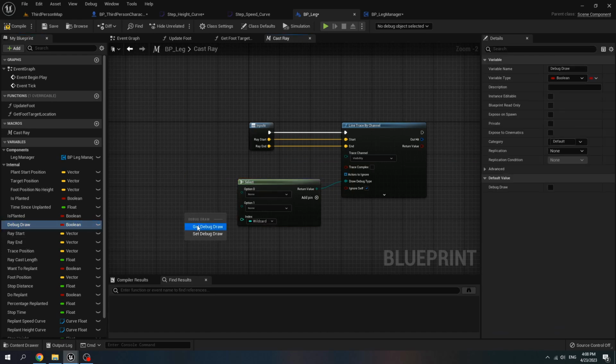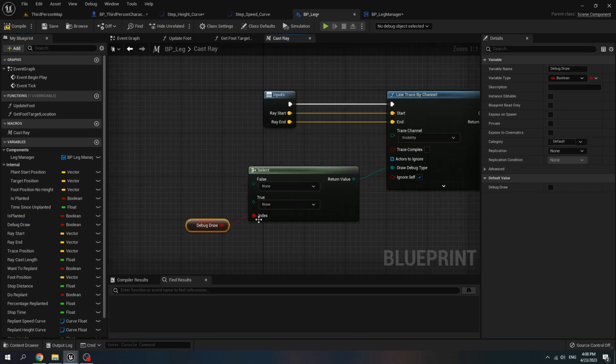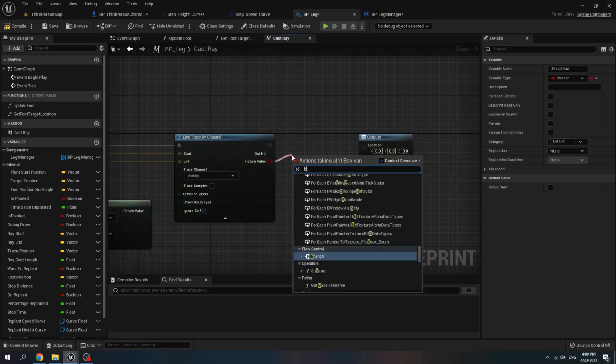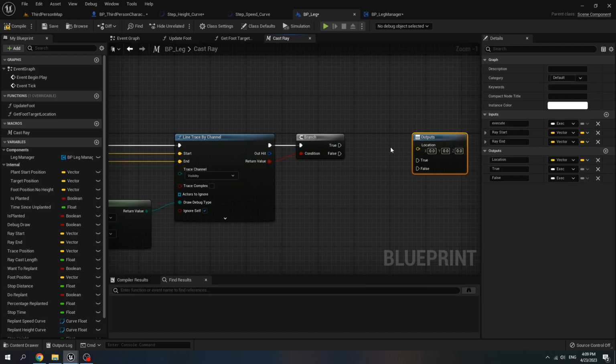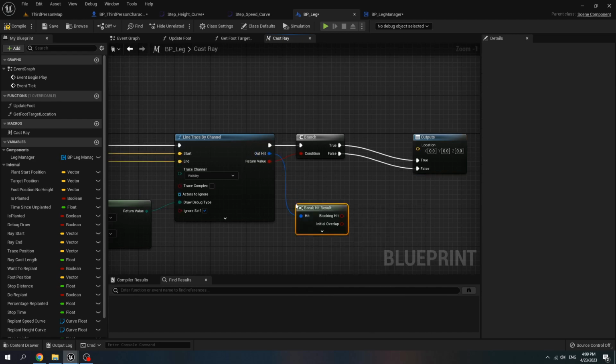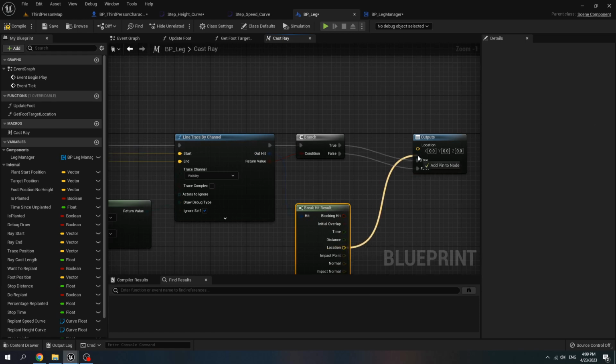Get debug draw and connect it to index. For false is none, true, call for one frame. And return value, create a branch, connect it to true, false. For out hit, create a break hit result, and the location, connect it to location.